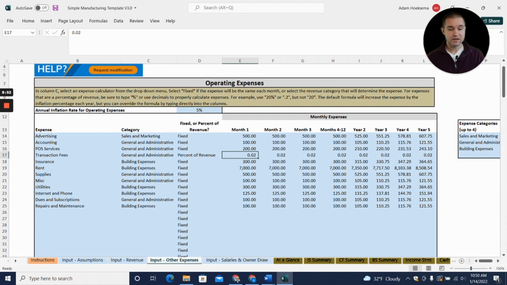The credit card fee might be 2-3%, might be 3%, but let's say some people pay you via ACH or a check or some other way, not credit card. So what we put in here is 2% of total revenue as a transaction fee. That could be a credit card fee. We could change that